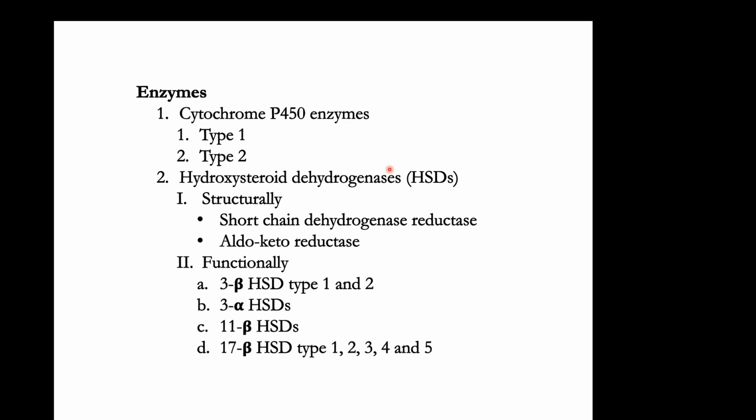Functionally there are multiple types: 3-beta hydroxysteroid dehydrogenase type 1 and type 2, 3-alpha hydroxysteroid dehydrogenases, 11-beta hydroxysteroid dehydrogenases, and 17-beta hydroxysteroid dehydrogenases type 1, type 2, type 3, type 4, and type 5. Only 3-alpha hydroxysteroid dehydrogenase does not take any participation in the synthesis of steroid hormones. The rest, all of them, are utilized in the synthesis of